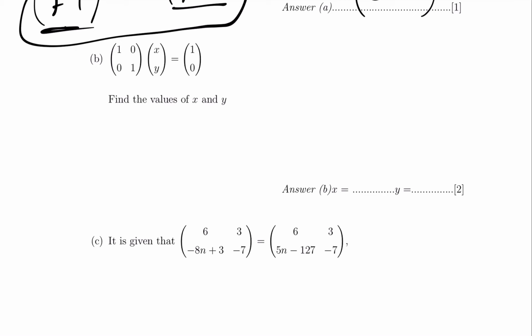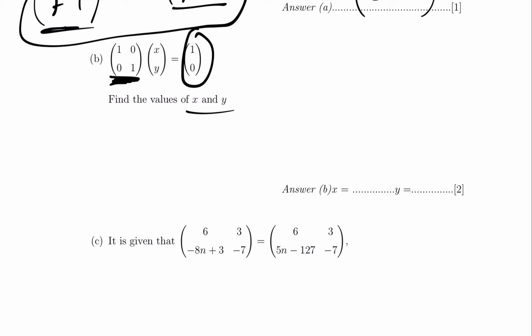Okay, B says find the values of x and y. So this is a multiplication of matrices. Recall that for matrices to be multiplicable, the number of columns of the first matrix will be equal to the number of rows in the second matrix. Already here they've multiplied the matrices for us, and they found that the answer is